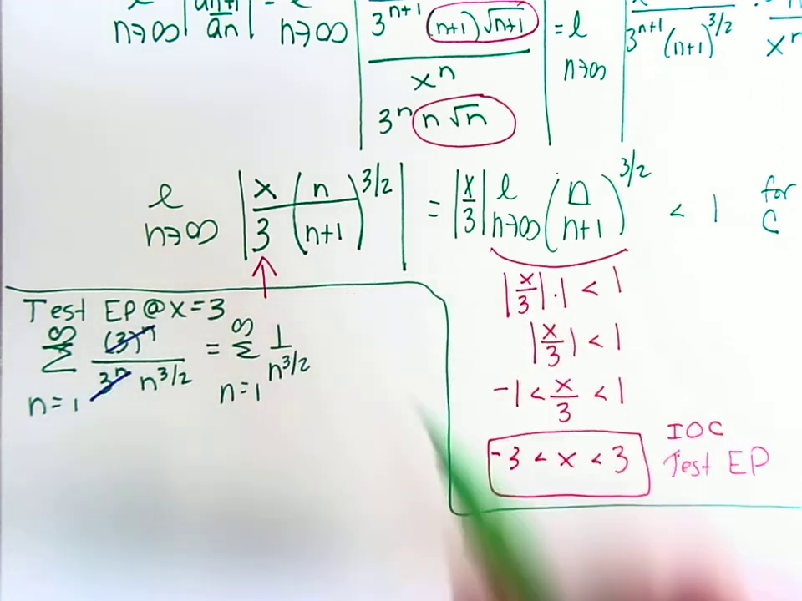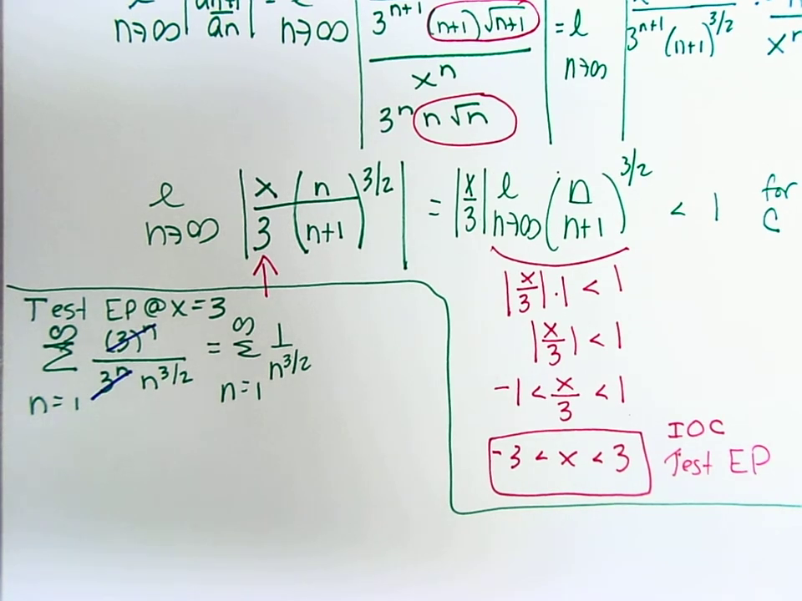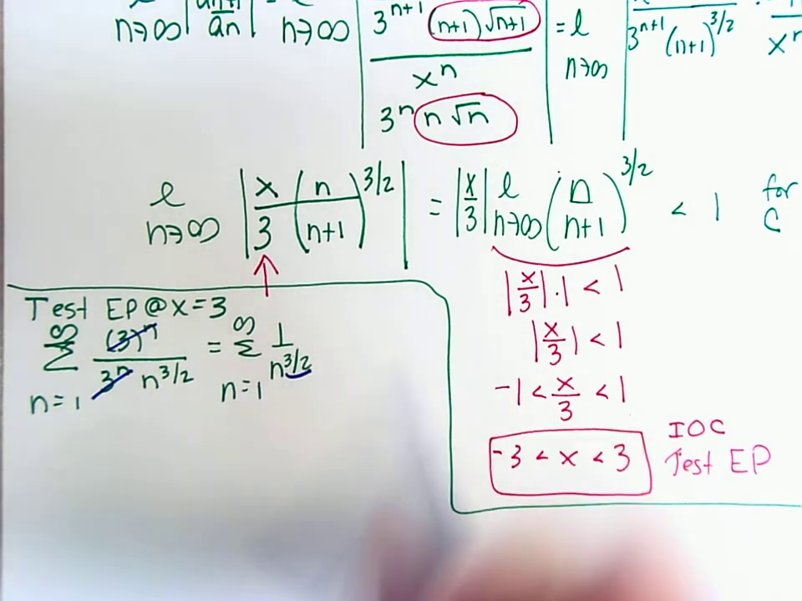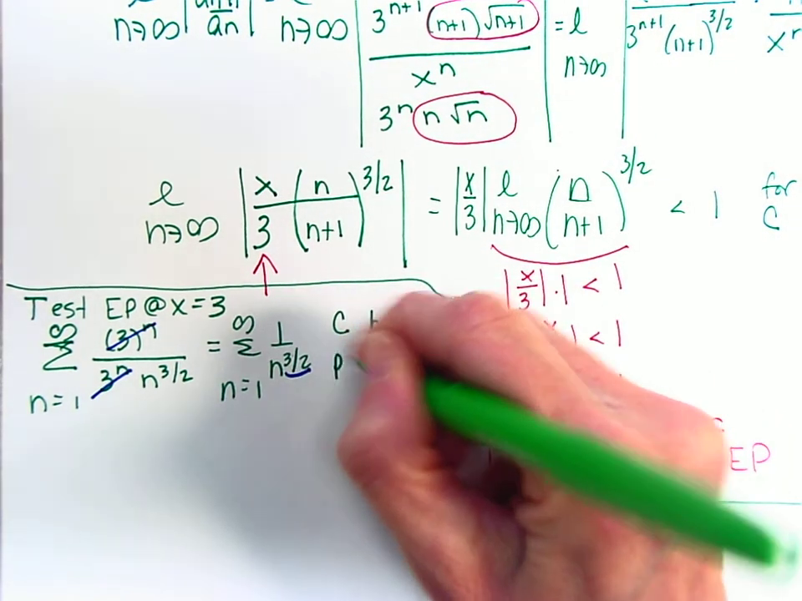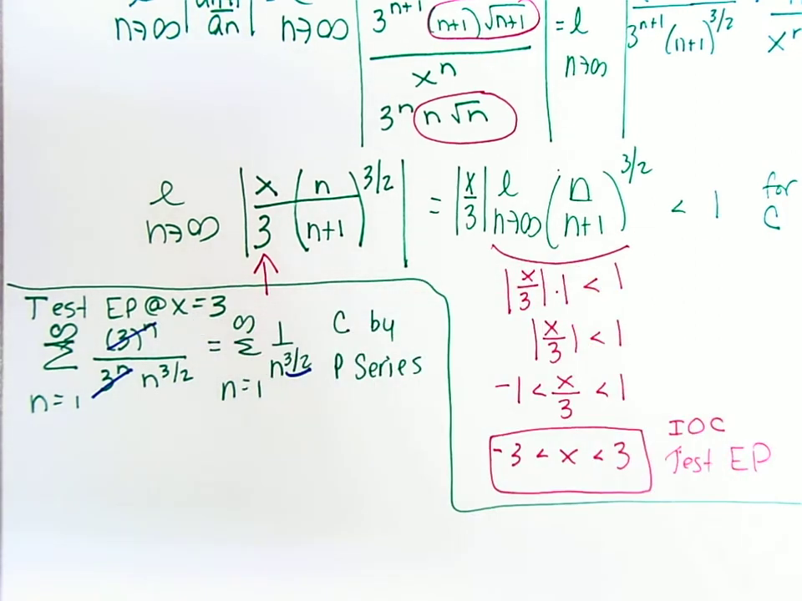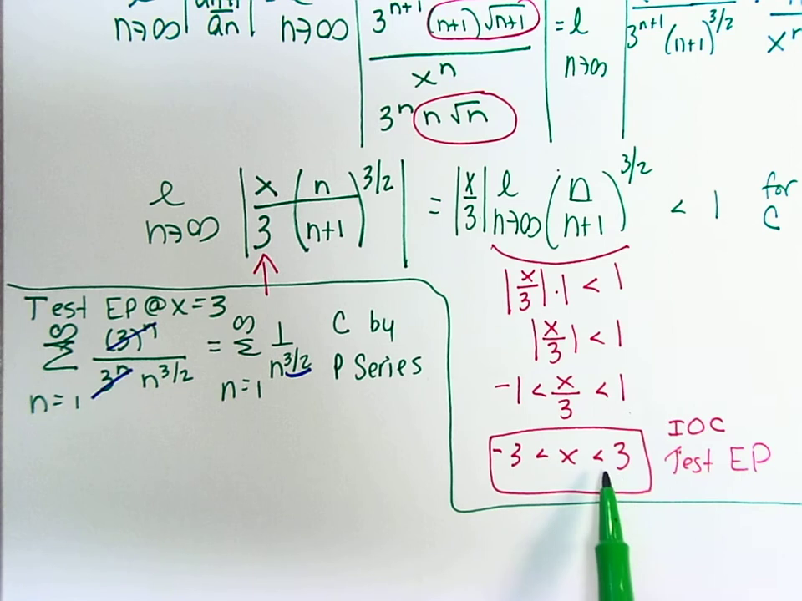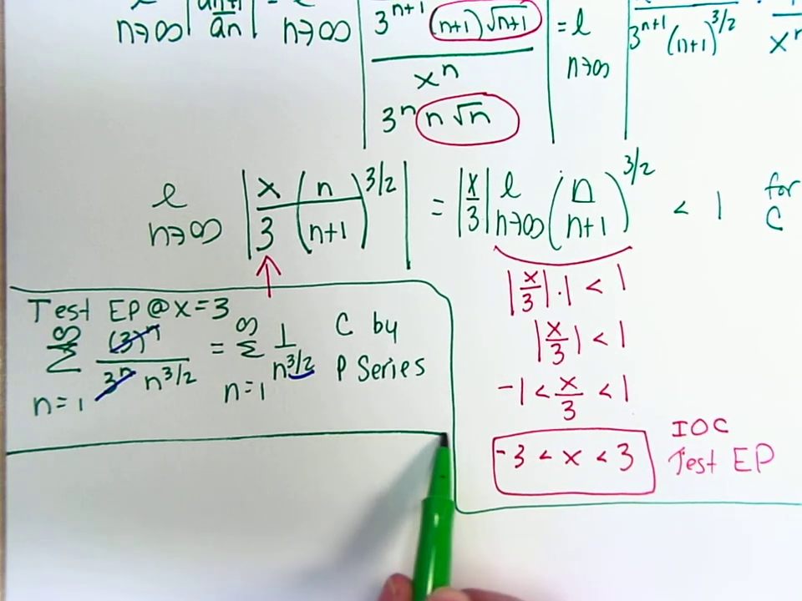And if I do a careful study of what I'm given, I see that this is the p-series test. And I know that since p is bigger than 1, we converge. So we converge by the p-series. Since we converge by the p-series at 3, I know that 3 is included as an endpoint because we converged there. So now we have to continue on and test the endpoint